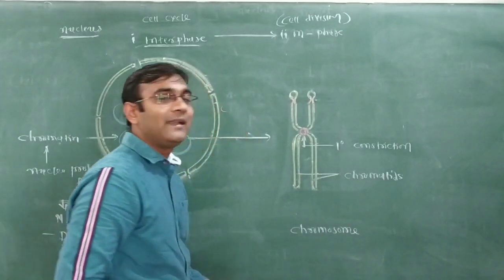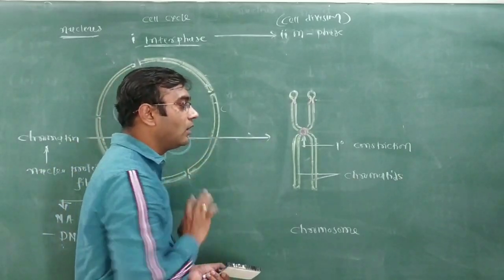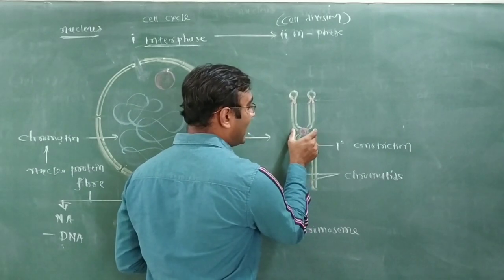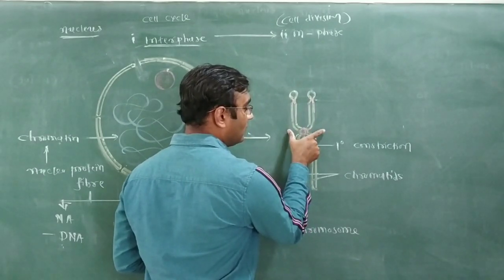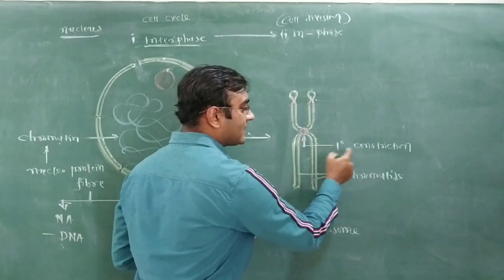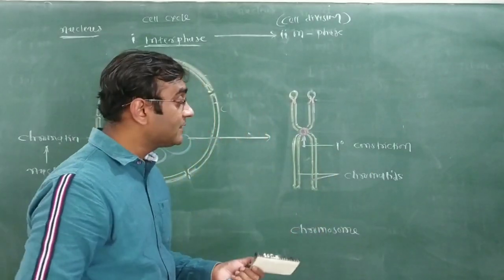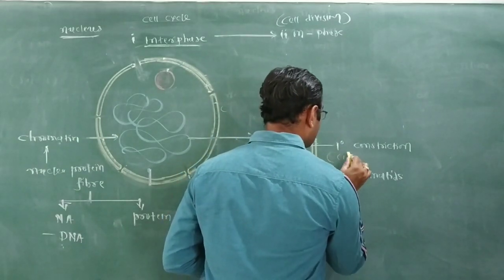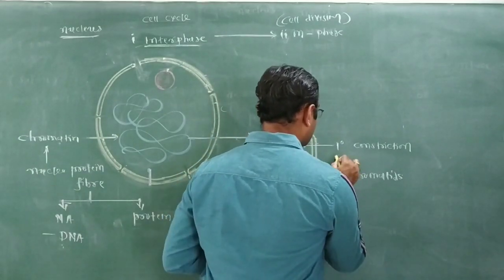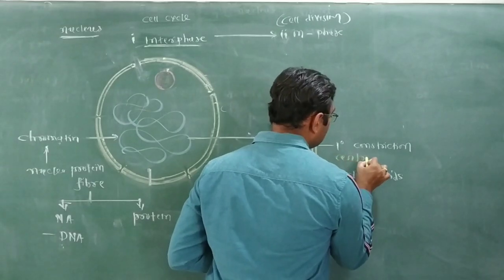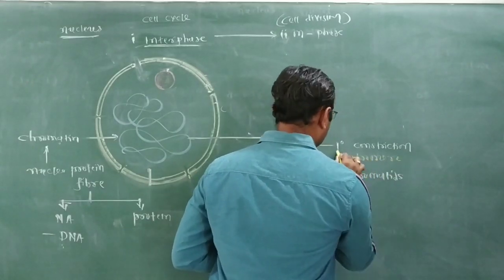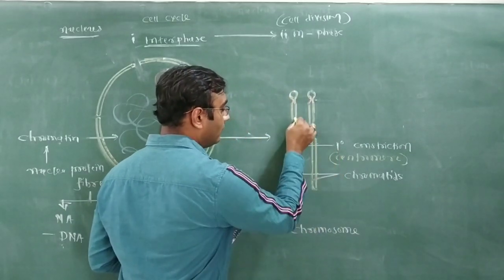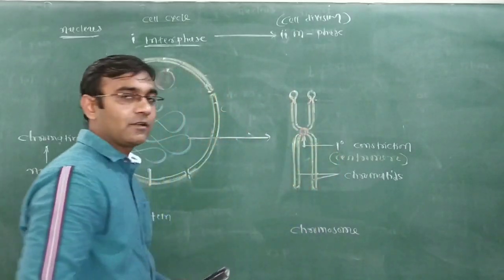So now we are going to learn the chromosome structure, which is made up of two different parts, called chromatids. One chromosome is made up of two chromatids, and both chromatids are joined to each other by one constriction, one narrow region. This is called the primary constriction, and it is known by the term centromere of the chromosome. The centromere, the primary constriction, holds one chromatid as well as the second chromatid.